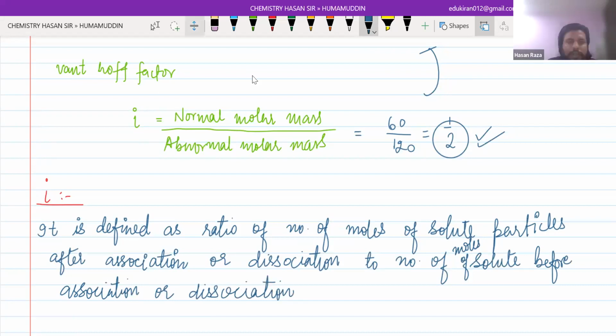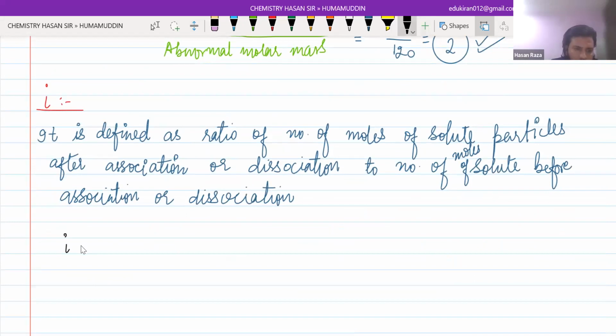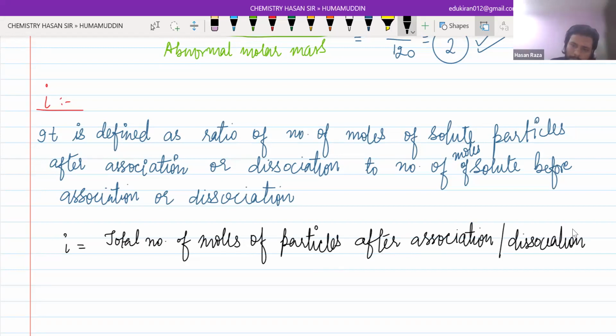So with the help of this statement, we can easily write a mathematical equation. i will be equal to the total number of moles of particles after either association or dissociation, divided by